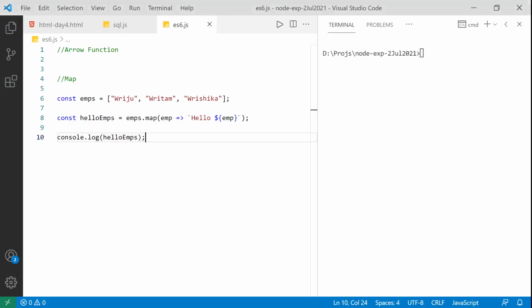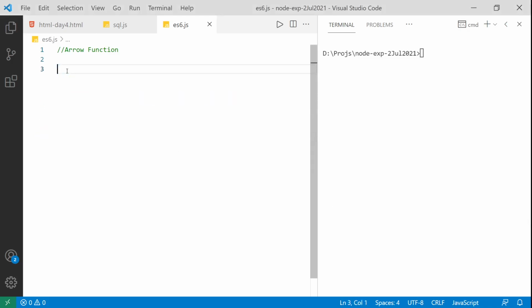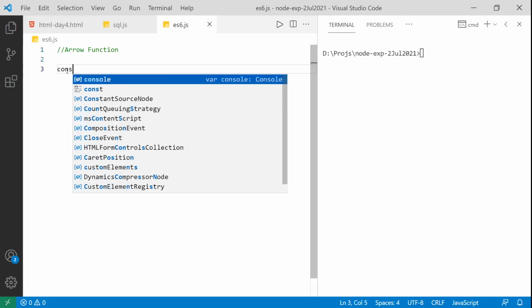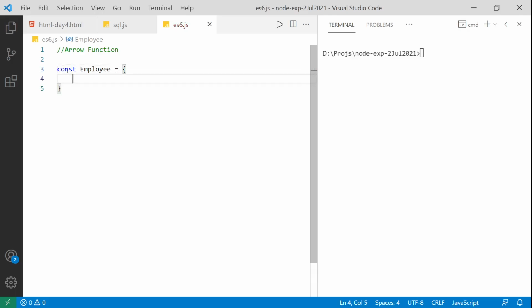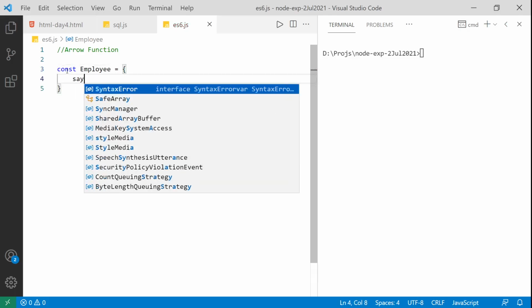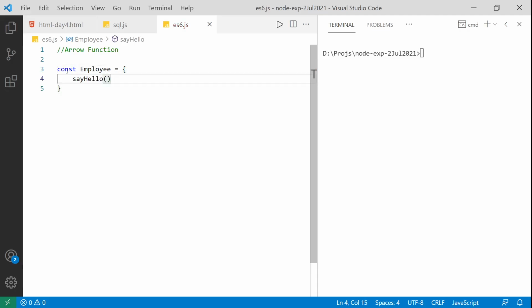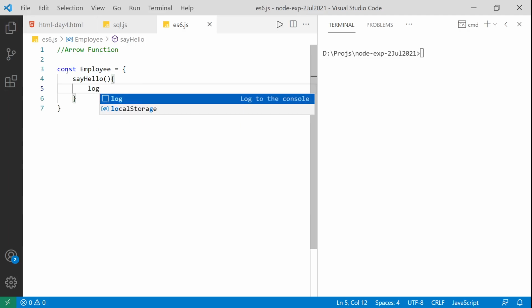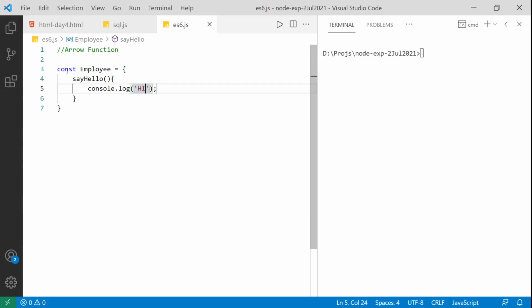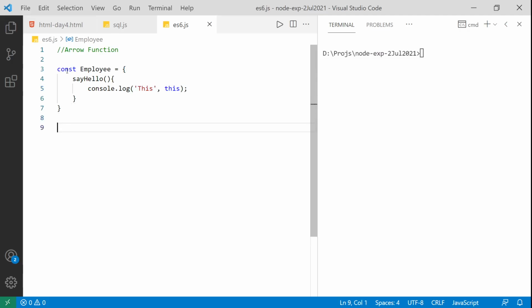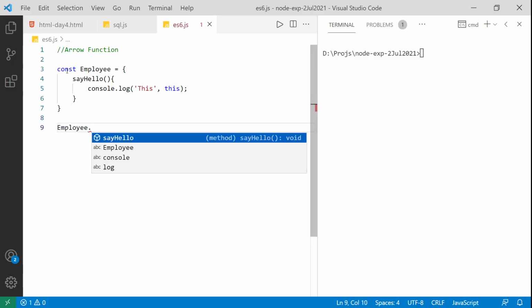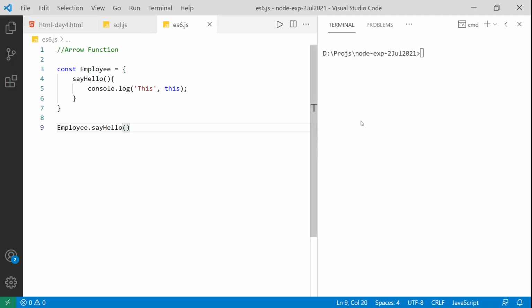If I go ahead and write a const employee equals to, and then I create a function called say hello, and that function would have nothing but a console.log, which will say hello. Instead of hello, we can say this, and I just pass the this keyword. If I call this function outside of my definition, say hello, and run it,